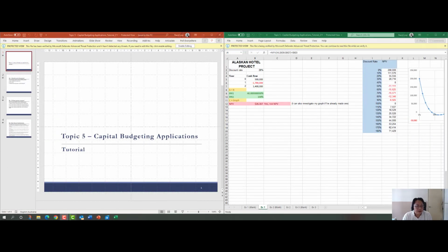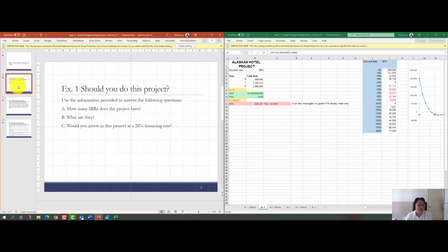Hi everyone, so now we're doing class number 2, capital budget applications to tutorials. So we're gonna go through an example, which is the Alaskan Hotel Project. We're gonna go through a whole bunch of stuff, looking at things like the discount rate, NPVs to get multiple IRRs, to get the NPV profile, look at using things like the solver to work out which project is the best. So the whole goal over here is that we're going to work out things like how many IRRs